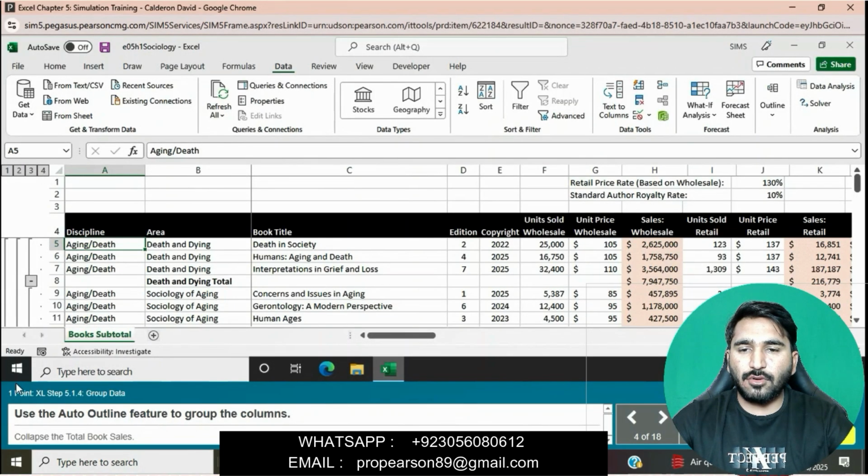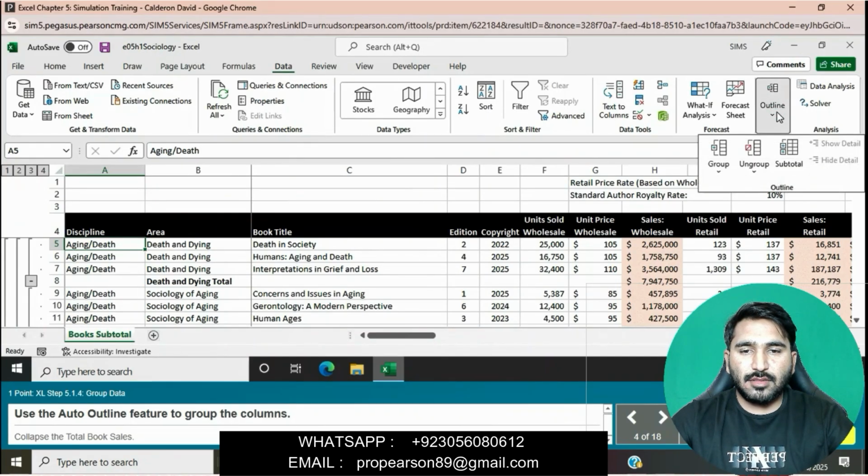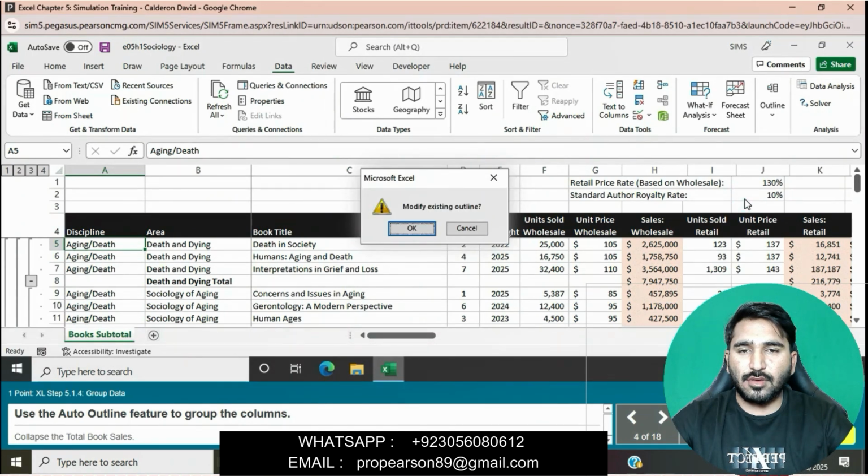Use the auto outline feature to group the column. Simply go to the Data tab, go to Group, and click on Auto Outline. Then modify the existing outline, click OK.